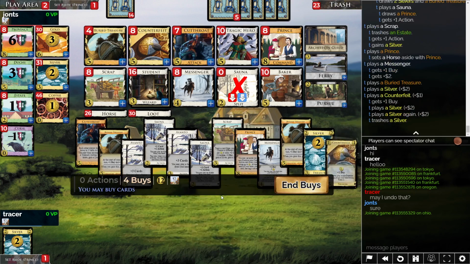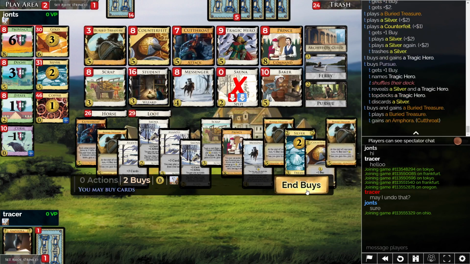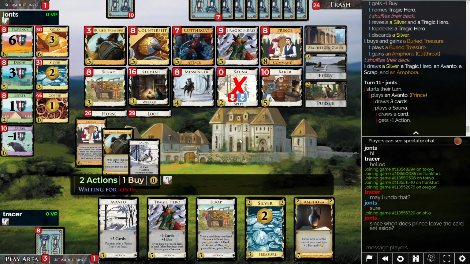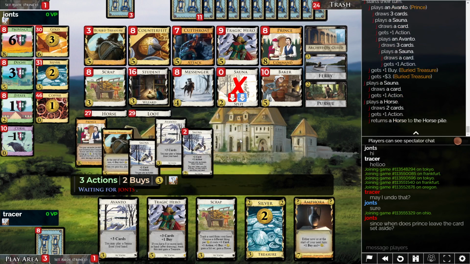Yeah, let's do it that way. Amphora, right. At least I don't want to play the Cutthroat before the Tragic Hero. Since when does Prince leave the card set aside? A while. It's been that way a while. It's gonna be...